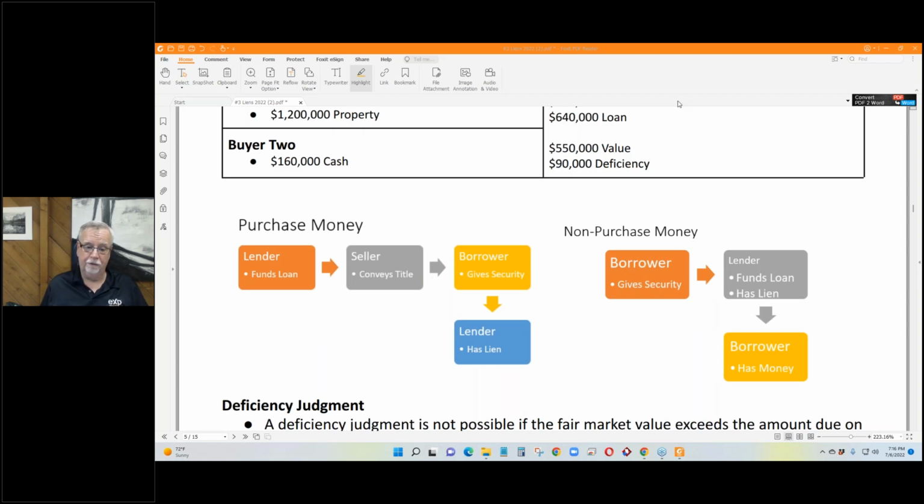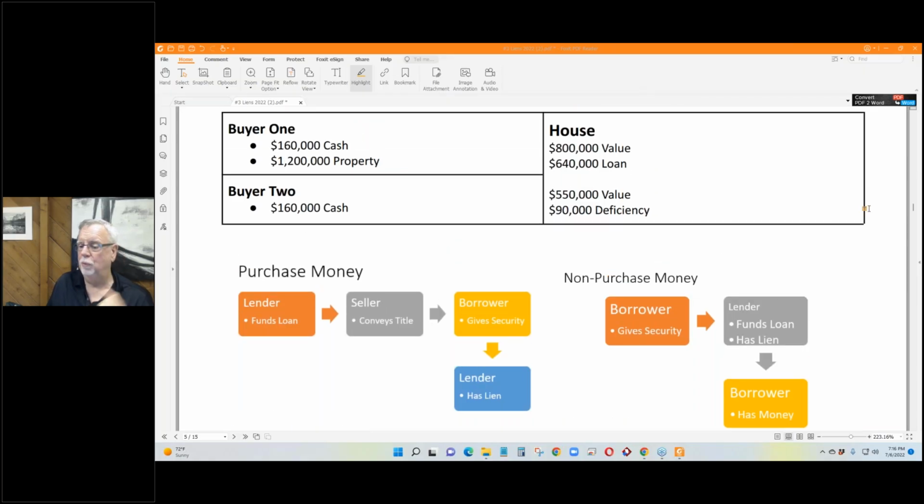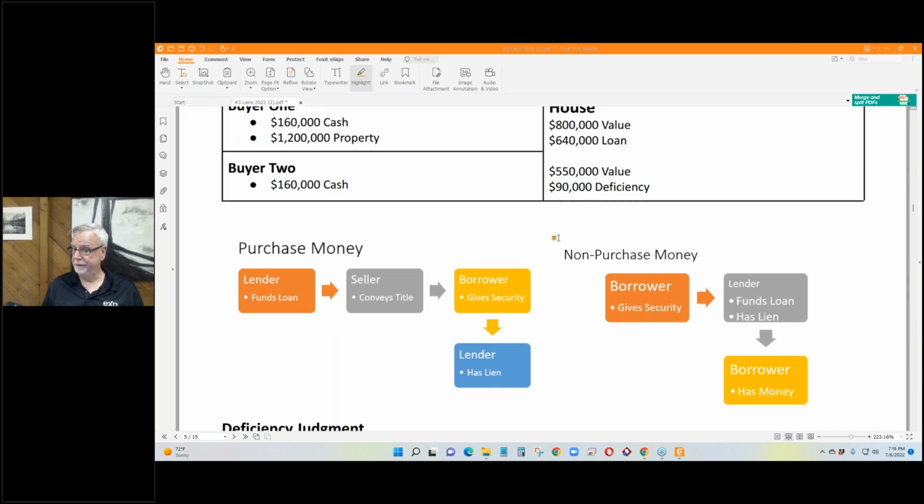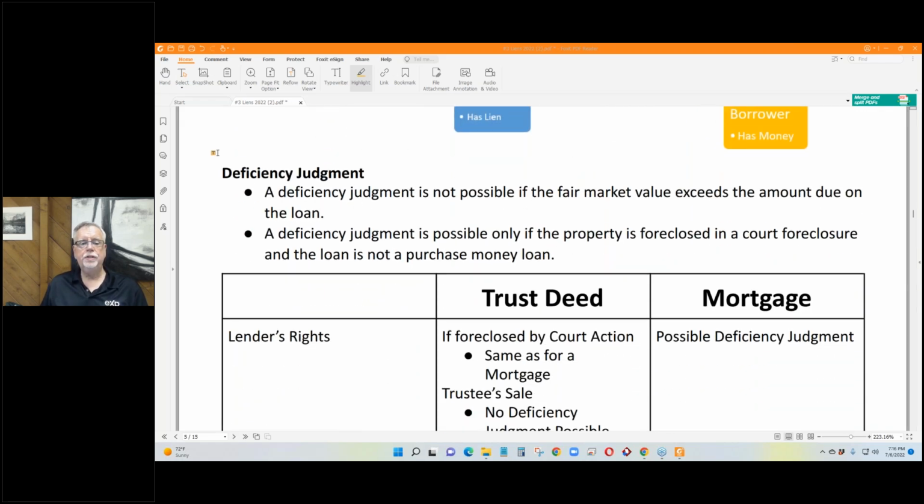So once the lender funds and the seller is paid, then the borrower gets the deed, which makes their mortgage or trustee defective, and the lender now has a lien. But buyer number one, not as many boxes. It's just a kind of a two-way thing. You have a borrower and you have a lender, right? The borrower gives the security, then the lender funds the loan and has a lien, and the borrower has the money. Deficiency judgment